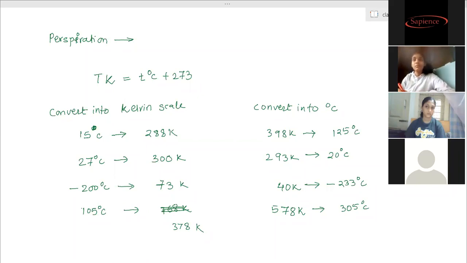Is there a reason for the anomalous nature of water? No, that is the normal behavior of water, and that is the reason we call it anomalous, weird behavior. Anomalous means weird. And in case of all liquids, there is no exception: boiling point increases with increase in pressure.